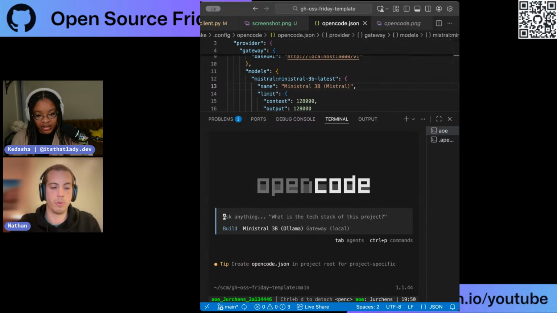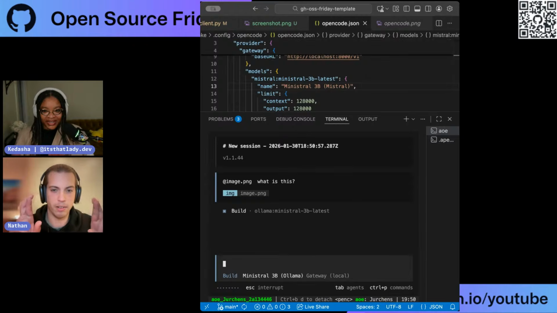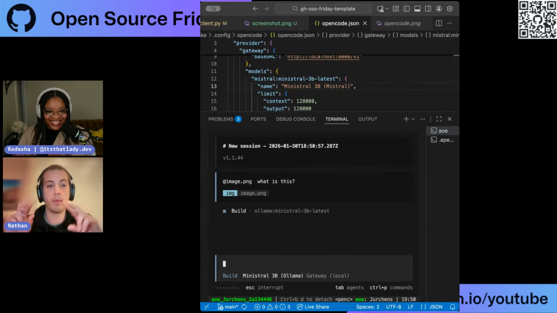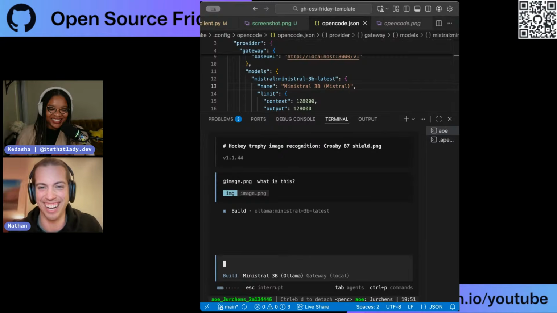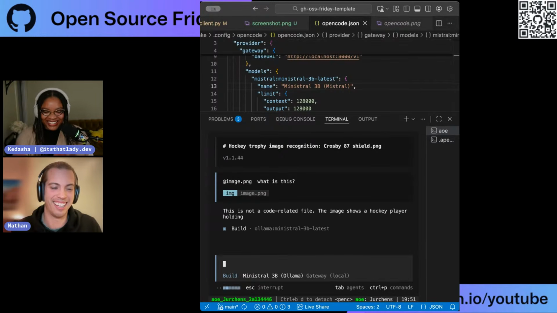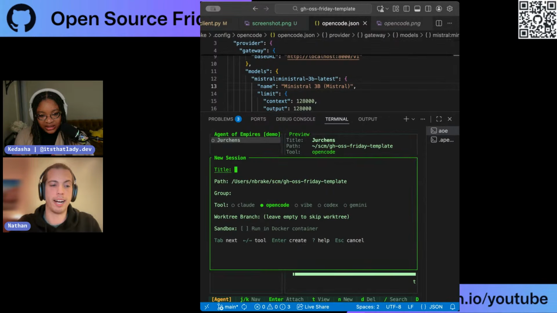And first we can talk to the Ollama, and we'll pass in the image and say, what is this? What is happening right now? Hope this works. This is so OpenCode is connected. The gateway. But that worked. Okay. So now that was Ollama, and then we'll go back and we'll make a new one.